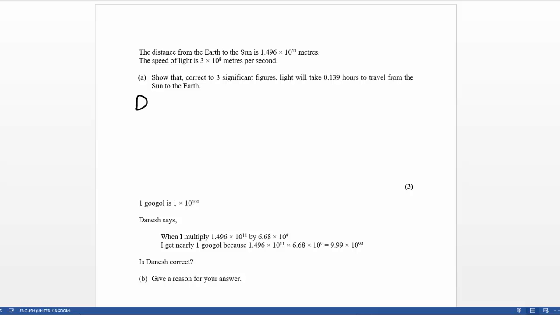So we need to know distance, speed, time. They've given us some information already, but they're asking for time. So they want us to show that when we work out these two, the distance and speed, we get it takes 0.13 hours for the sunlight to get to Earth. So let's do it now. Okay, so distance is equal to